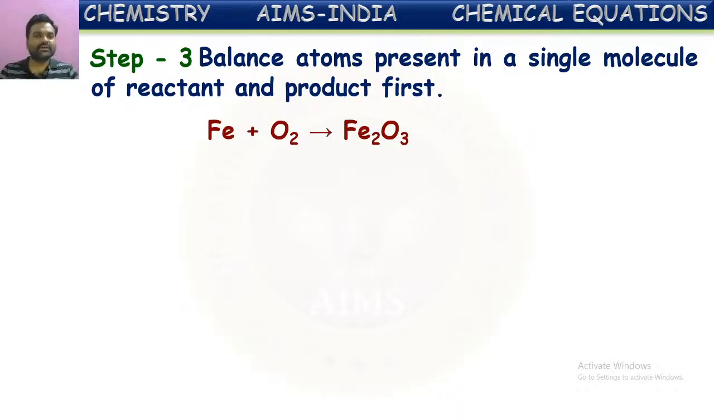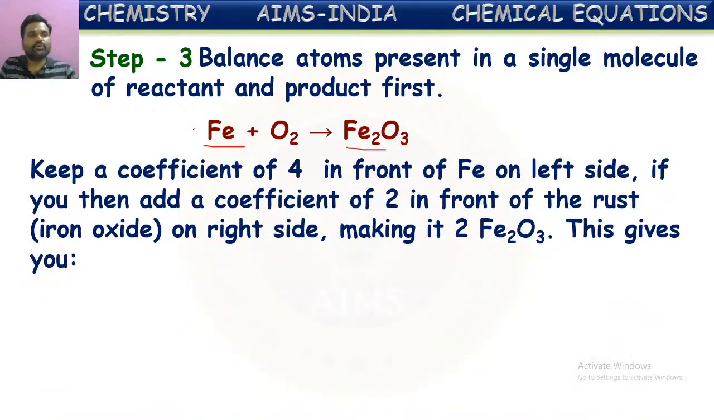So in this, to balance iron atoms on both the sides, if you see here there are 2 iron atoms, here only 1 iron atom is there. So what can we do to balance the iron atoms? We can keep a 2 in front of iron, so that the number of iron atoms on both the sides will be balanced. So keeping a coefficient of 4 in front of iron